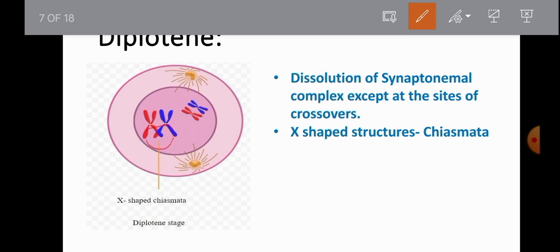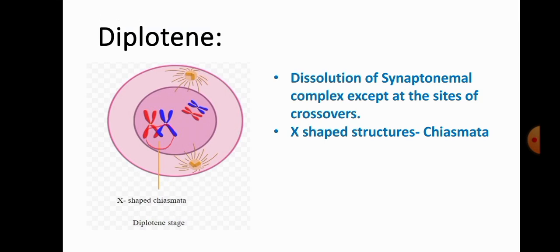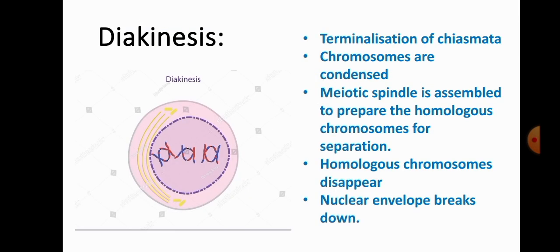That X-shaped structure is known as chiasmata. So in the diplotene stage, mainly the dissolution of the synaptonemal complex occurs except at the site of crossing over, and that structure is known as chiasmata. And in diakinesis,